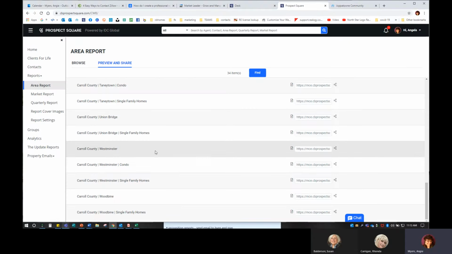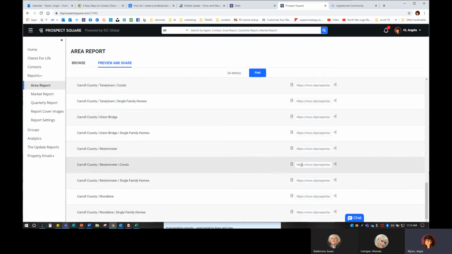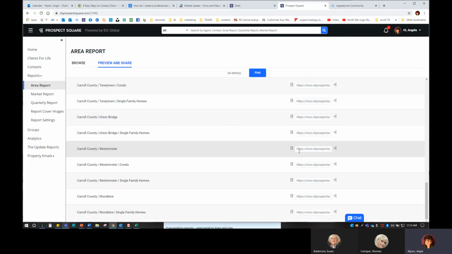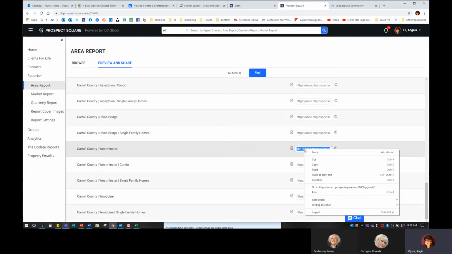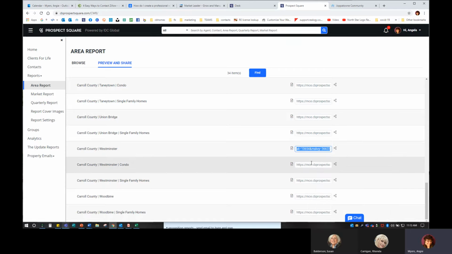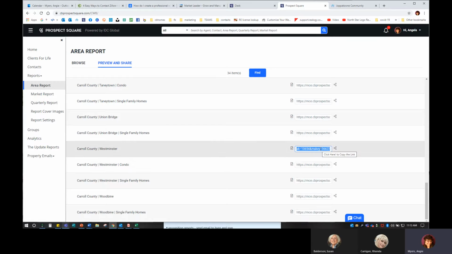So once I've seen that that is the report that I want, I am able to click here and I want to highlight the entire URL. So I'm just going to, again, highlight that URL, right click on it and hit copy. Unless you're a keyboard person, you can hit Control C and that will also copy the highlighted text. So now I have this lovely